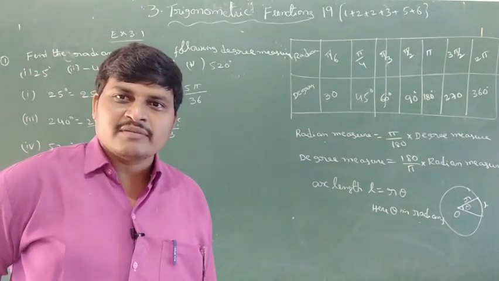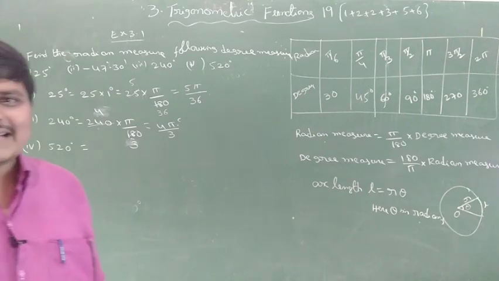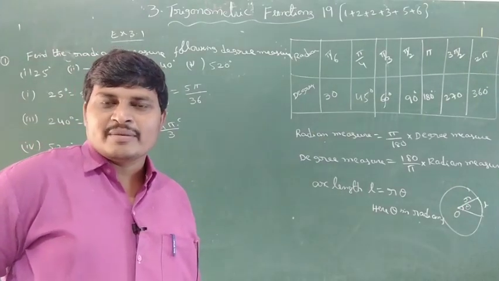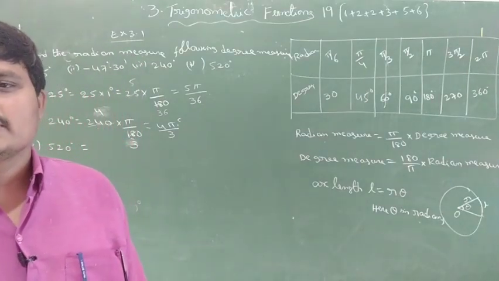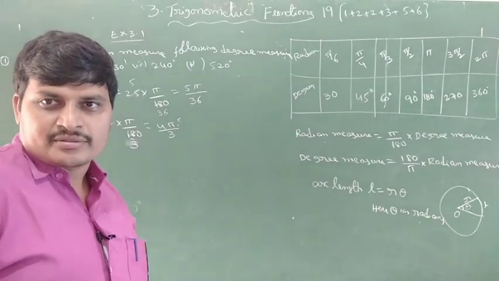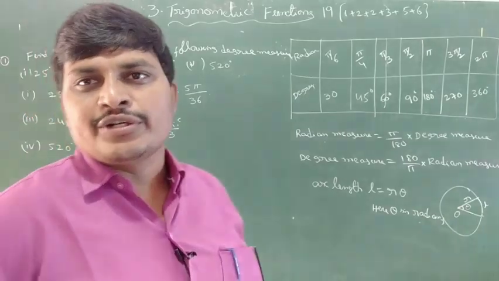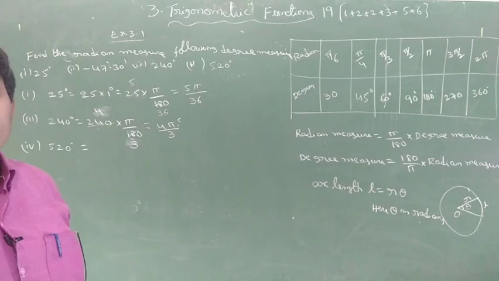Below 1 minute is converted into seconds. 60 minutes make a degree. For example, 30 seconds is below 1 minute, so below 1 minute we convert into seconds. So degrees, and below 1 degree converts into minutes, and below 1 minute converts into seconds, like 45 seconds, 59 seconds.